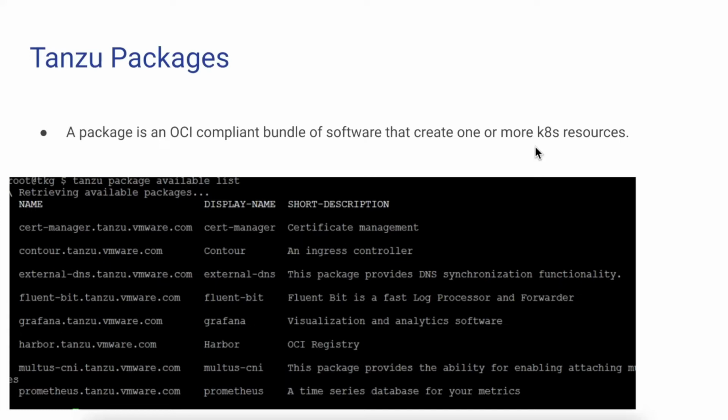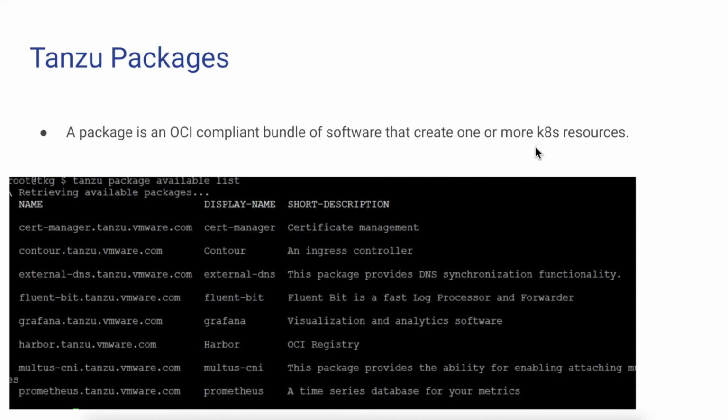A package is basically an OCI compliant bundle of software that creates one or more Kubernetes resources. So what does it mean? When we are creating, let's say, an automation to deploy software on a Kubernetes platform, we can package them.